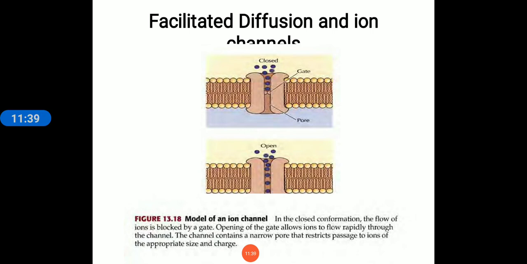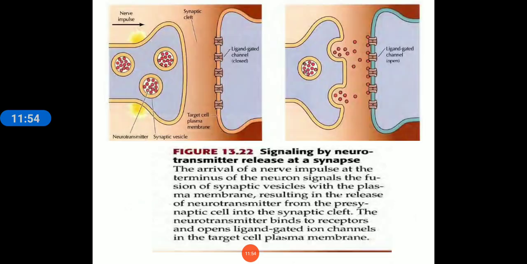First one is the simple diffusion, which occurs when the molecule simply dissolves and diffuses across the plasma membrane. And the second one is facilitated diffusion, which occurs with two types of proteins. One is the carrier protein and the other one is the channel protein. Okay,